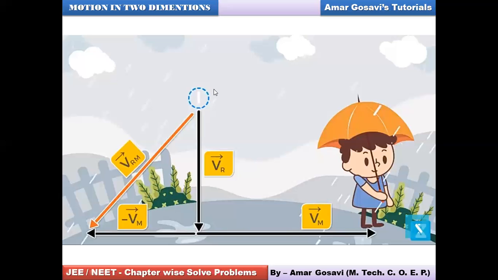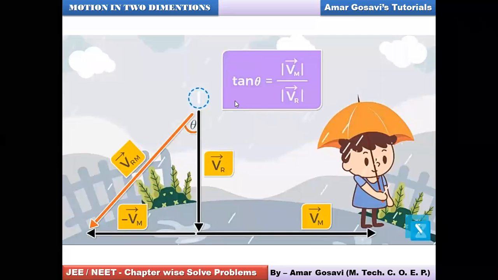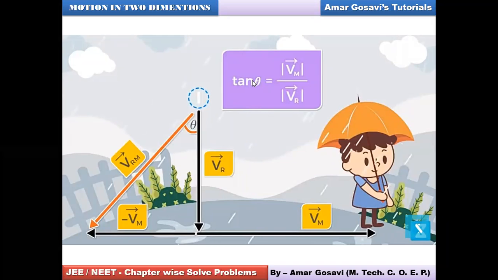So here you can just observe, if this angle is theta, then in the vector diagram, obviously tan theta will be opposite side upon adjacent side. Not hypotenuse. This is the hypotenuse. But the magnitude of it, modulus means we are just considering the magnitude of it. So it will be the magnitude of Vm divided by the magnitude of Vr. So that's how you get the angle, tan theta. Make a note of it, and when we put the values of Vm and Vr, then we can work out what theta would be in this case.